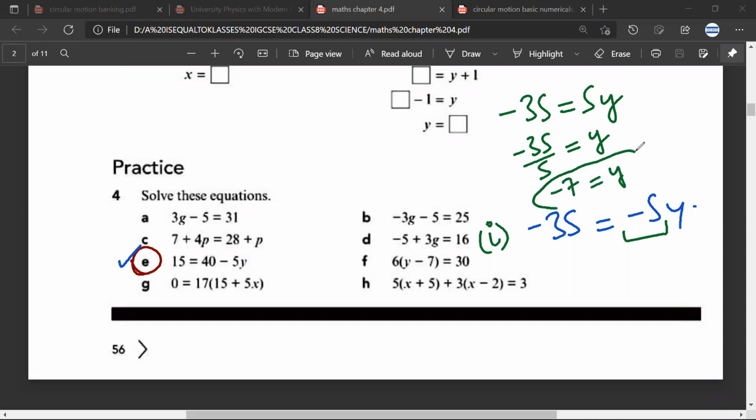Yes, Mr. Nariman. So I think the answer would be wrong, sir. Okay, why would it be wrong? Let's say y is 5, sir. So 5 into 5 is 25. So 40 minus 25 is 15. So my method is right. Now, if we take y as minus 7, 5 into minus 7 is minus 35. So 40 minus minus 35 equals 75. So then the equation would be wrong.